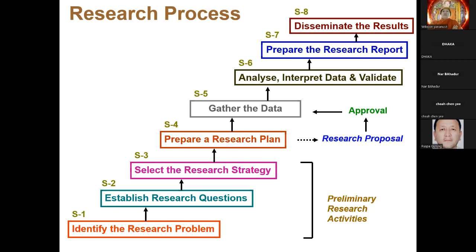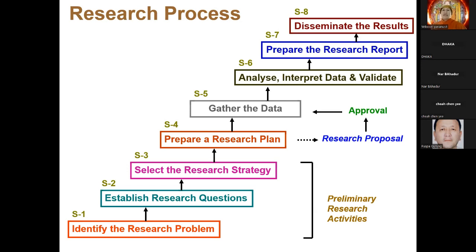The first step was to identify the research problem, then the research questions, and there are some sub research questions also, and then select the research strategy, which includes the research methodology, and then